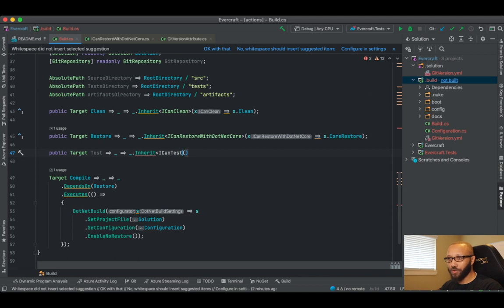I want to use... I can test with .NET Core because this is all .NET Core stuff. I don't need any of the special stuff. So you'll notice there that if the context menu showed, you'll notice that I had some,